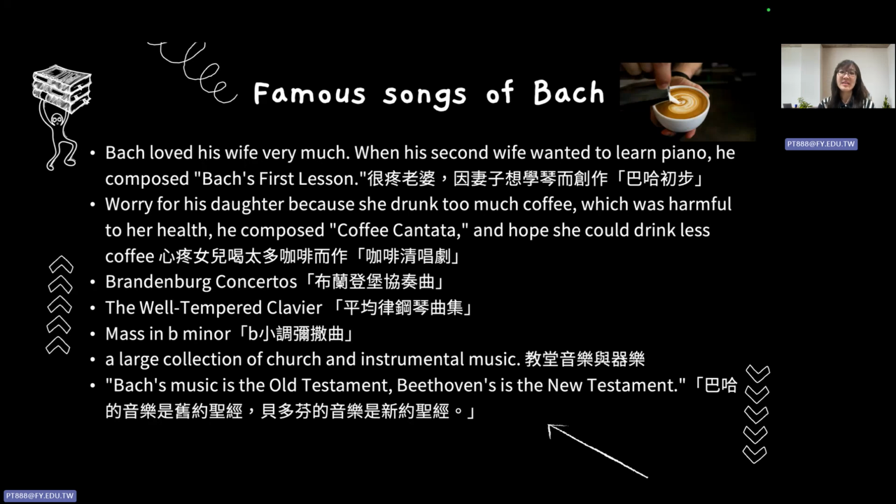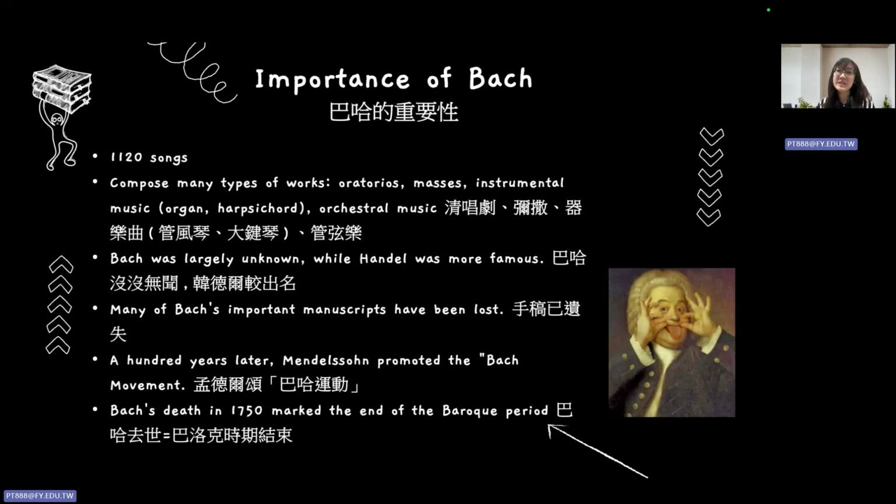And he also wrote famous works such as the Brandenburg Concertos, The Well-Tempered Clavier, Mass in B minor, and also a large collection of church and instrumental music. Okay, so Bach's music is the Old Testament, while Beethoven's works are the New Testament. 好，所以巴哈的音乐是旧约圣经，那贝多芬的音乐呢是新约圣经。